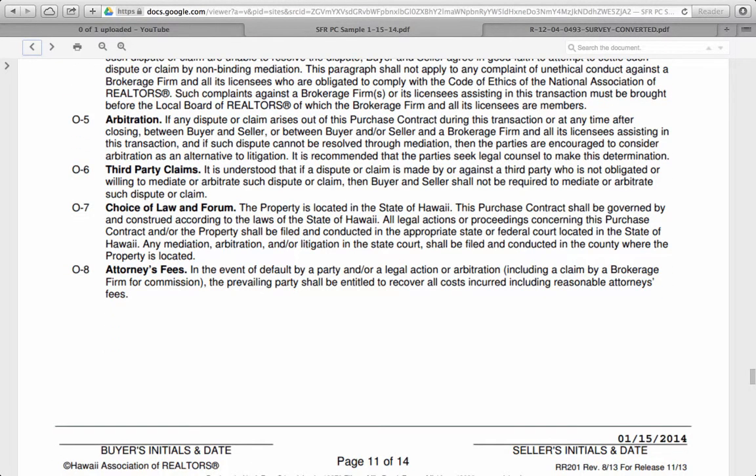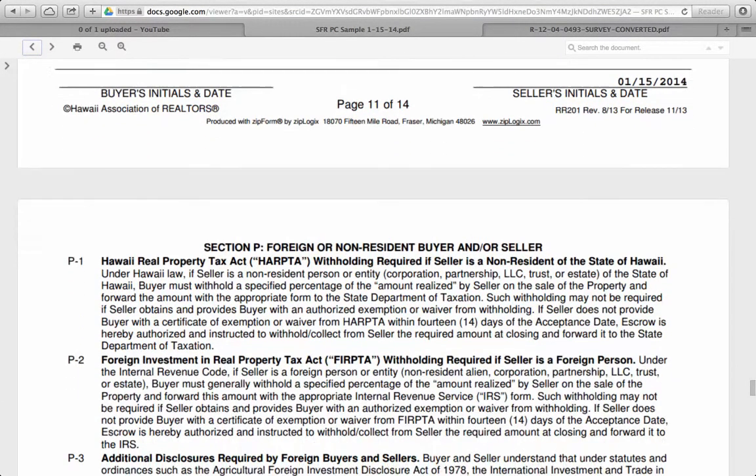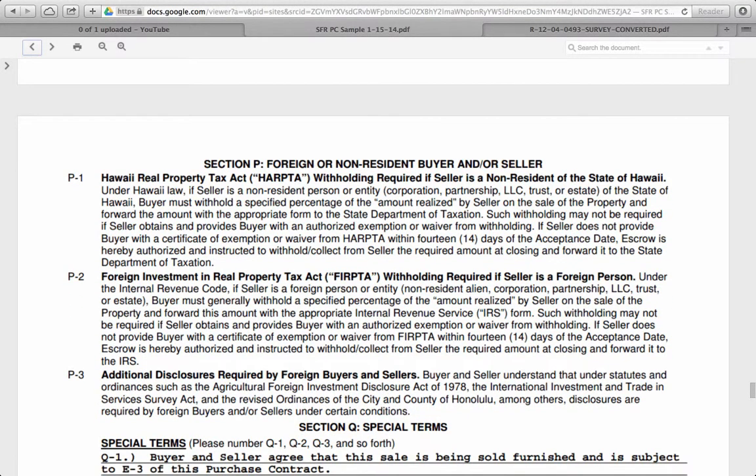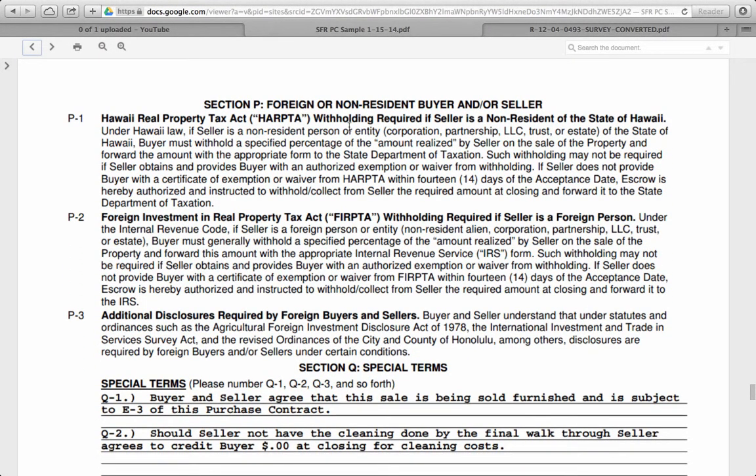Okay, so moving along to page 12, and we talk about disclosure of FIRPTA and HARPTA. So you should all know by now what HARPTA means and what FIRPTA means, and this just describes it a little bit further here. And their disclosures, and that's pretty much all that it is, just reminding individuals that are selling and buying that, for example, if you did have a foreign investor who's about ready to sign a purchase contract to sell his house, this is a huge red flag to somebody if they do qualify or are subject to HARPTA or FIRPTA,